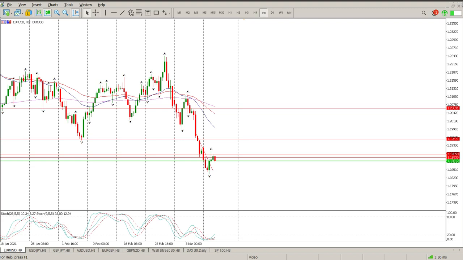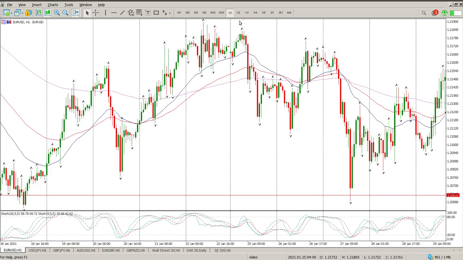So, first things first, we broke a trend line and pretty much had a pin bar, and then we're busy with an engulfing bar at the moment. So, it did come up into an area we were looking for, but unfortunately, it did get above that area as well. So, a little bit of